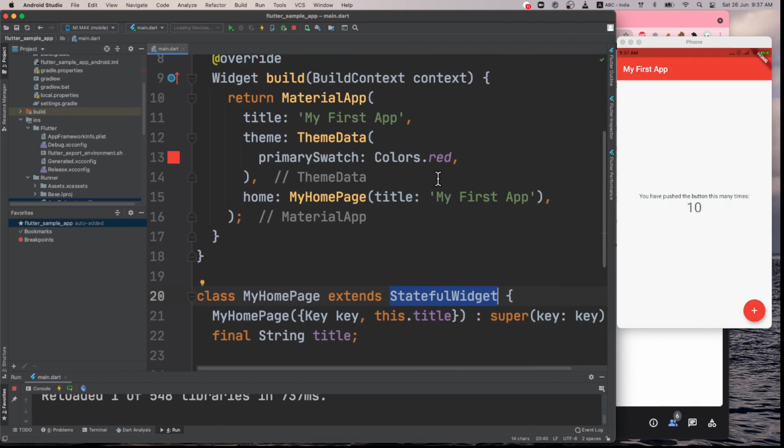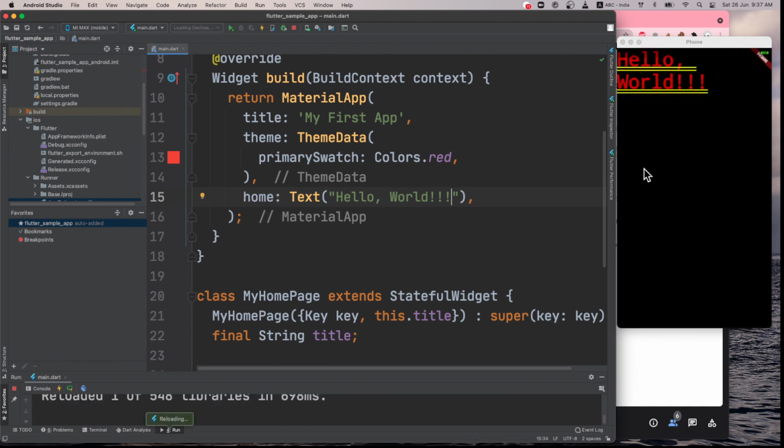Okay, what I could have done here is remove this, and simply say text, and in this I can say hello world, and this will change this button and this thing, because I am just passing hello world as the text, and if I save it, it will change everything.